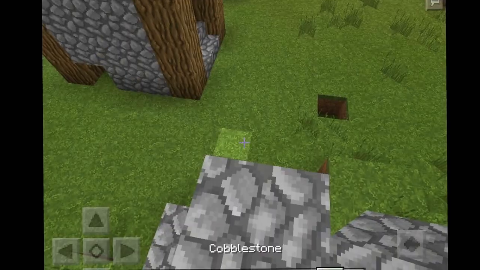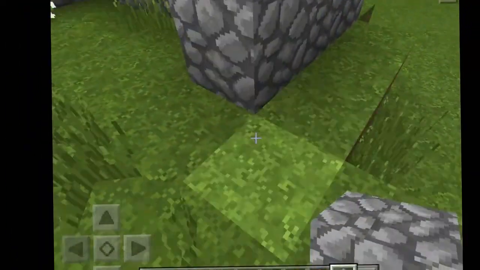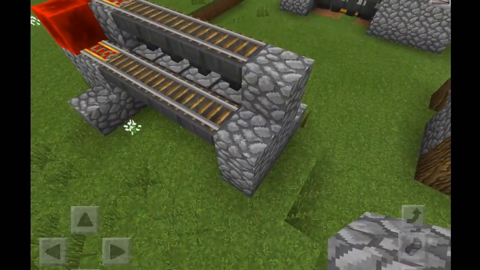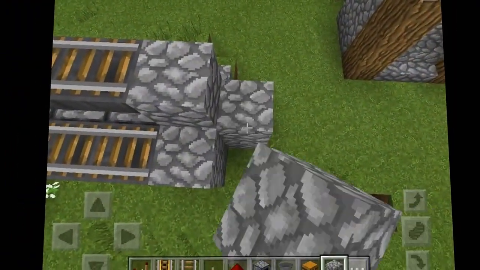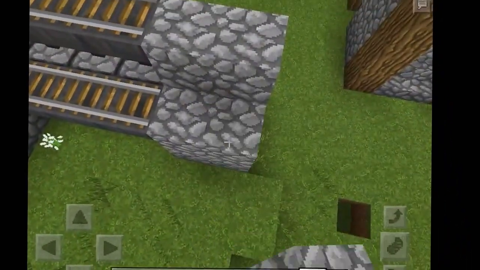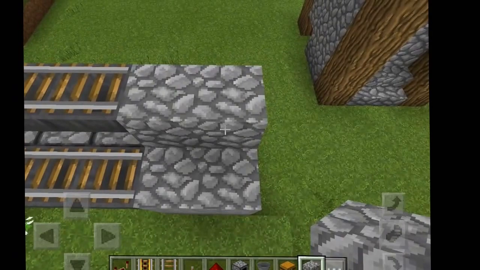I'm going to go ahead and grab your block of choice, what you're building with. Bring that up real quick just like that. And then we're going to bring this side up a little bit more because we're going to do the opposite side just like that, but without the redstone block. This is where we're going to have the input for your